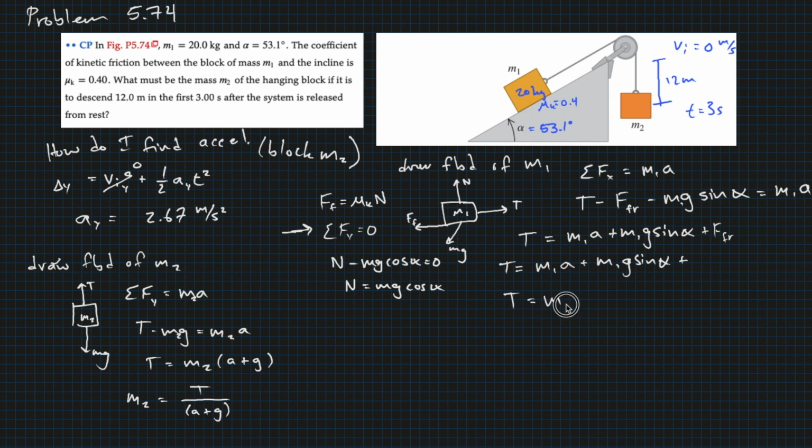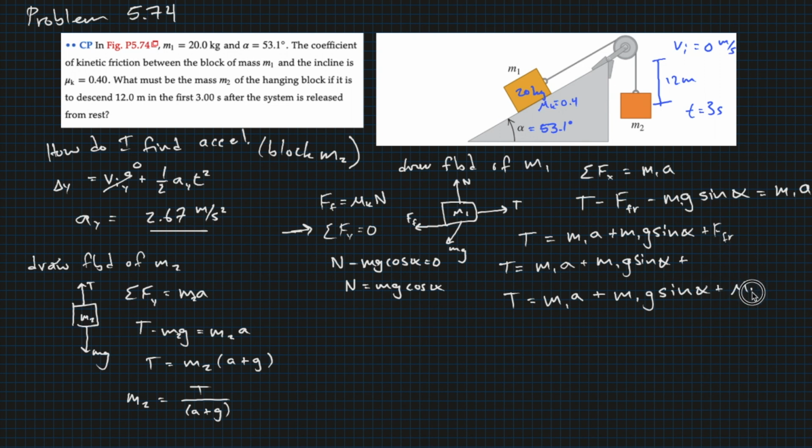So I've got tension equals m1 times the acceleration, which again, remember, we know what that acceleration is. It has to be the 2.67 meters per second squared from before, right? Because that applied to the entire system, plus m1 times g sine of alpha, plus force of friction